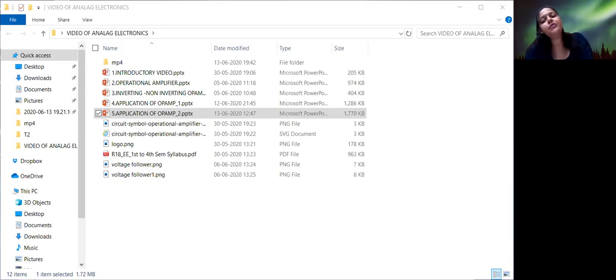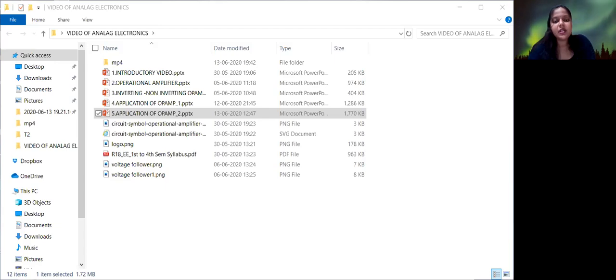So here we have to determine the hysteresis. First find out beta. Beta is nothing but R1 divided by R1 plus R2. So R1 is given as 10, R2 is given as 90. So our beta becomes 0.1. Next, upper trip point voltage. What is upper trip point voltage? It's beta into plus VCC. So we have already found out beta and VCC is given as 10 volt.